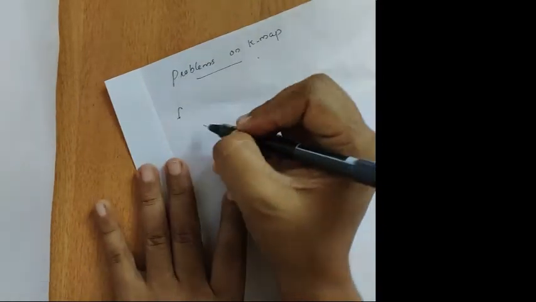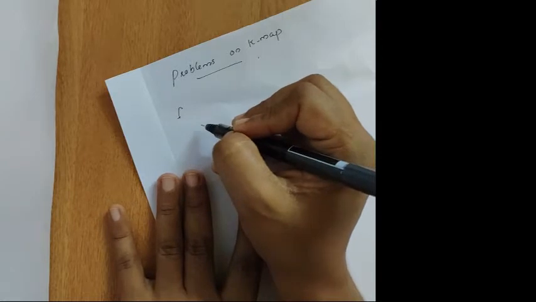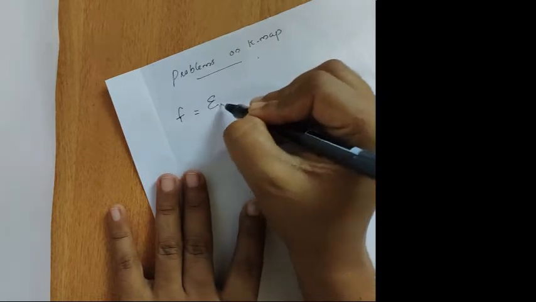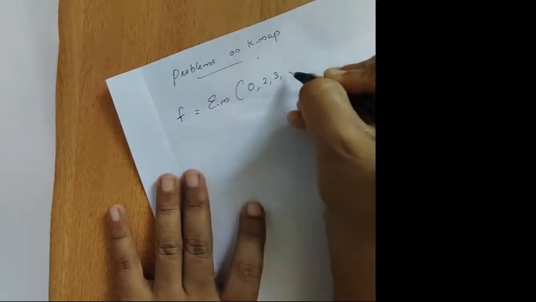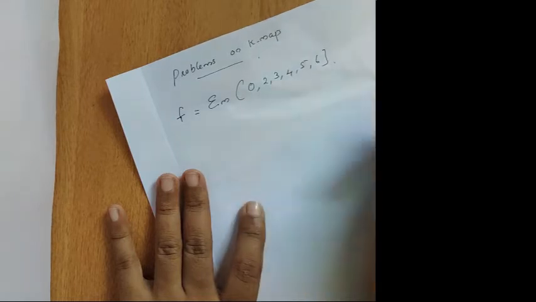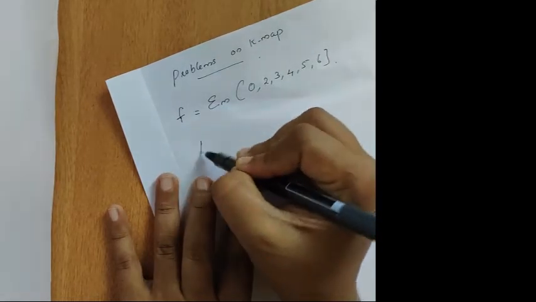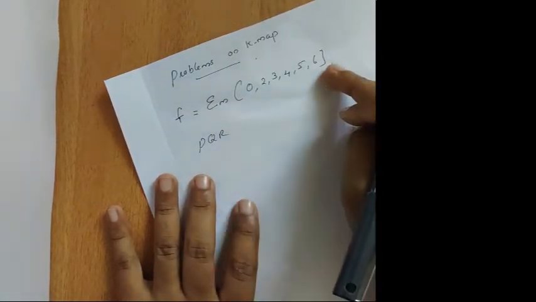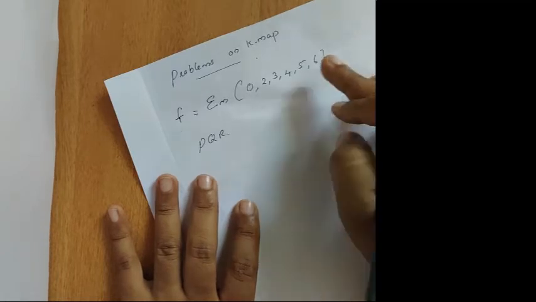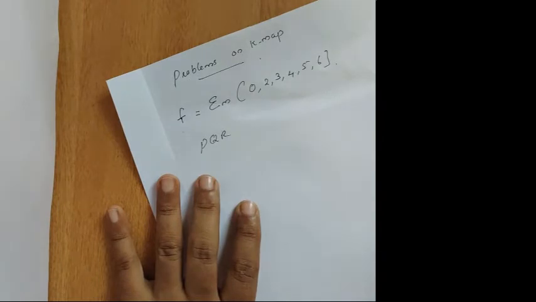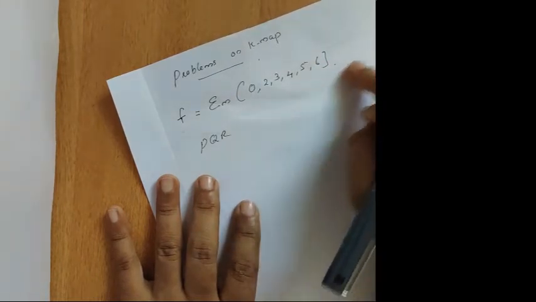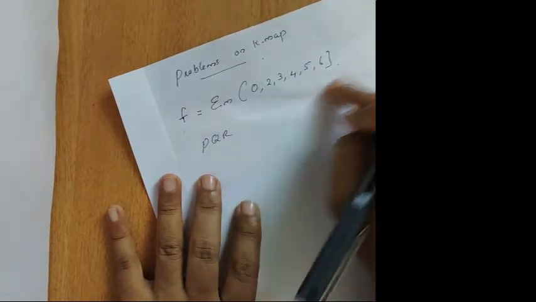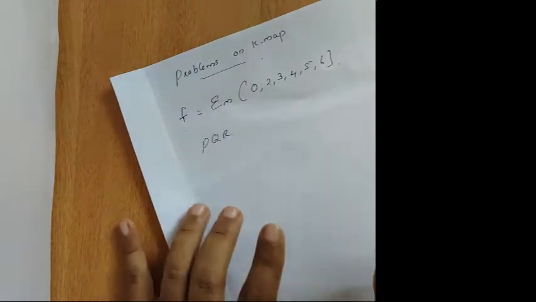Function. Sometimes the function name will be given. If it is not given, you can give any name for it. So if the question is a function like summation m(0, 2, 3, 4, 5, 6), the function name is not given, so I am giving it as PQR. How can I treat it as 3 variables? You can see whether the data is 3-bit or 4-bit. If it is 4-bit, it must go up to 15. There is no data greater than 8, so you can say that this is 3-bit data. First you have to identify which bit of data is there.